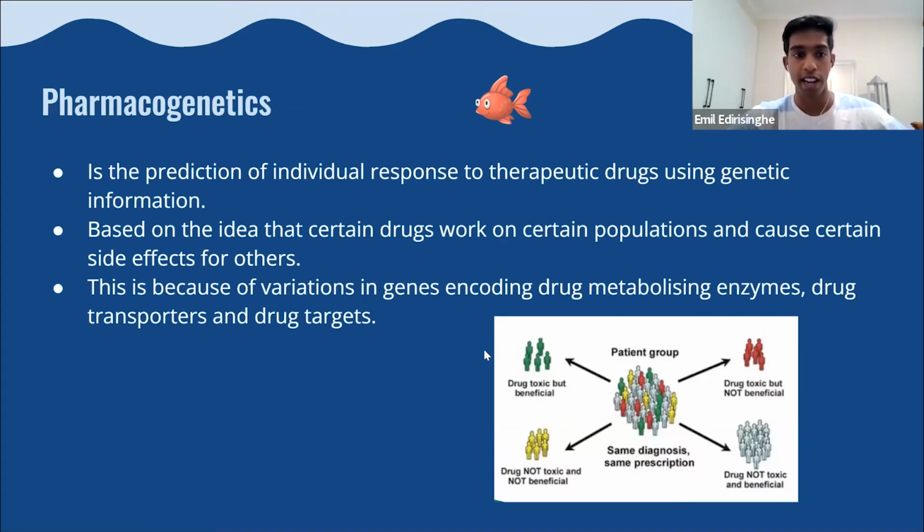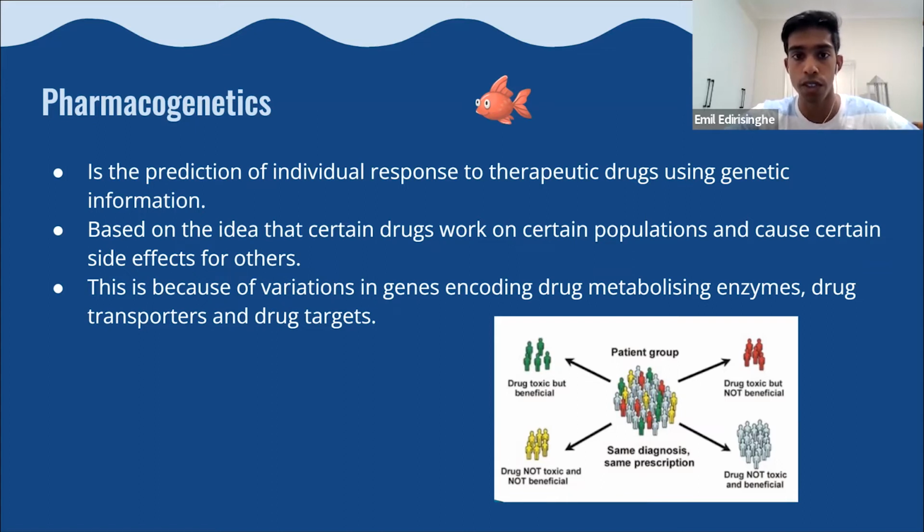So pharmacogenetics is an application of this. It's the prediction of individual responses to therapeutic drugs using genetic information. This is based on the idea that certain drugs will work better on certain populations and cause certain side effects for others. I think this diagram here in the bottom right is a really good illustration of that,